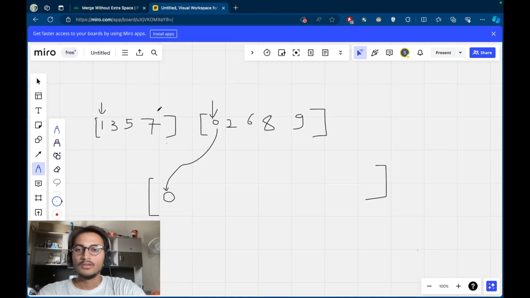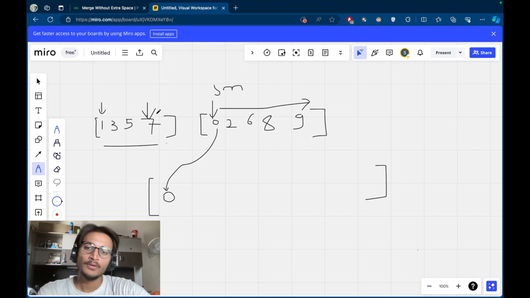As these two arrays are sorted already, this is the greatest element in this array, and this is the smallest element in this array. So we will compare these two elements. This is the greatest element in this array, and 0 is the smallest element in this array. So 7 is obviously greater than 0, so we will swap these two elements,